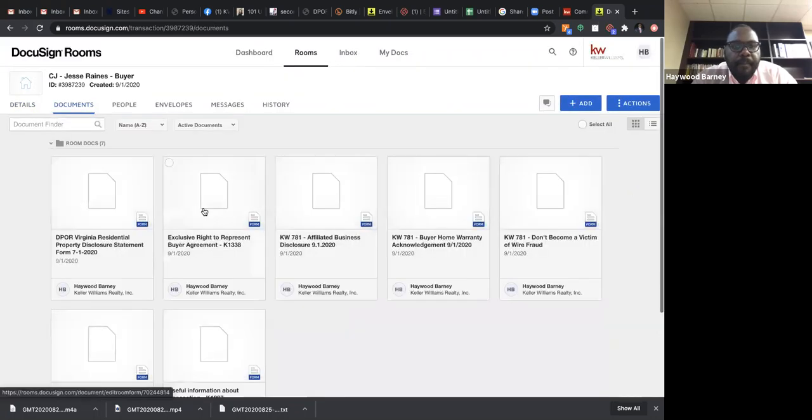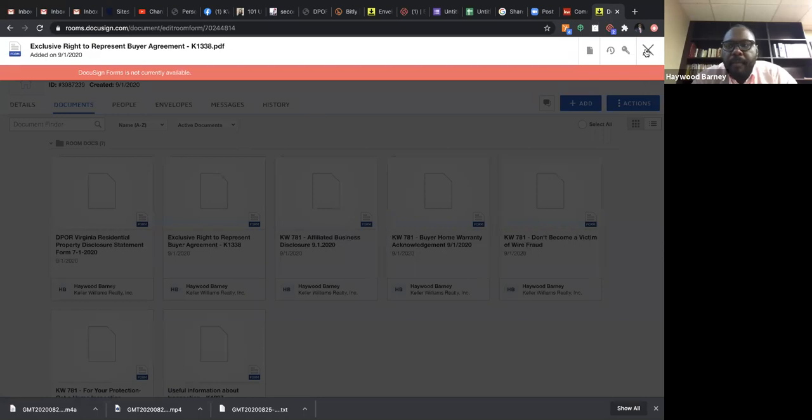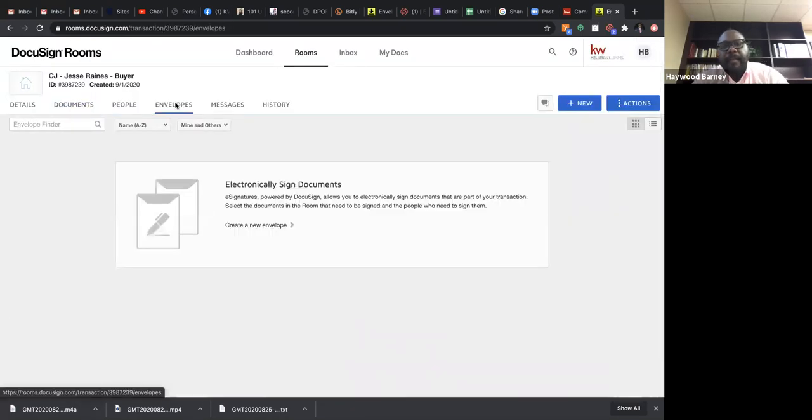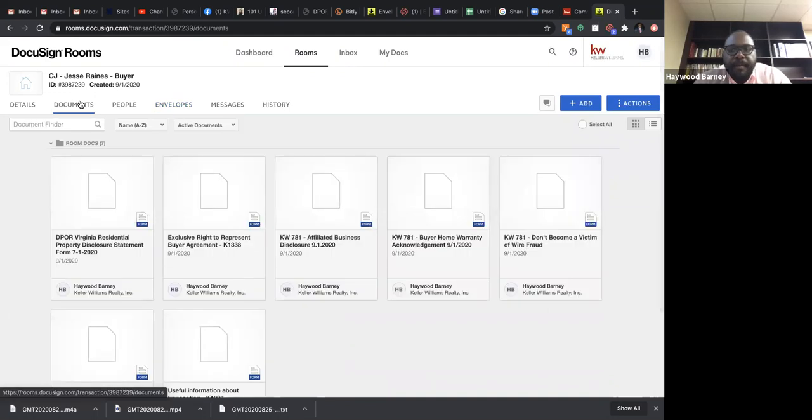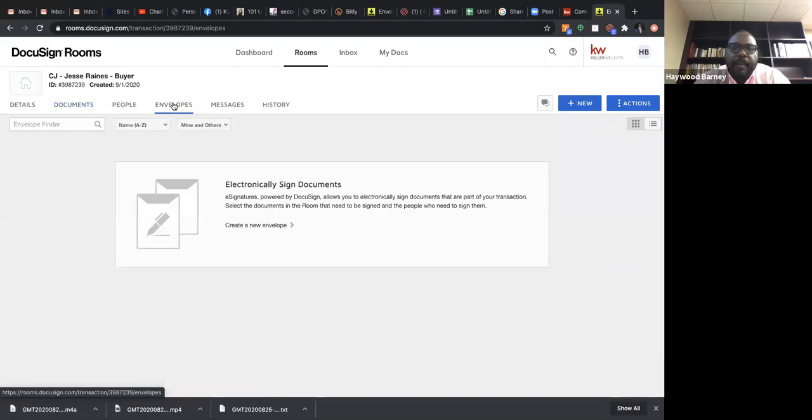All right. So that's not working. Let's see if we can create an envelope. So let's just assume that you're able to access these. You click on each of these, these are all live forms. So you would fill in the information that you would need to fill them in. And then once everything is filled in the way that you'd want to present it to your client, then you'd come over to envelopes. Envelopes is a way that we get everything signed by your clients. And so you'd create a new envelope,